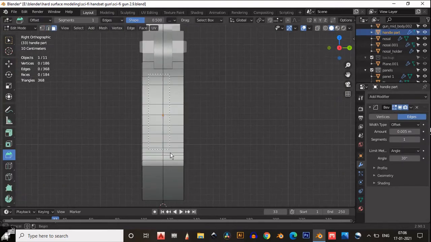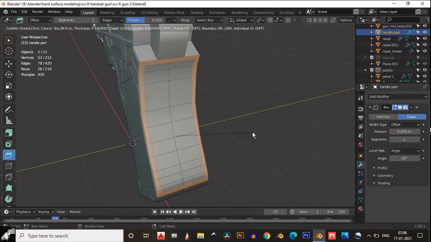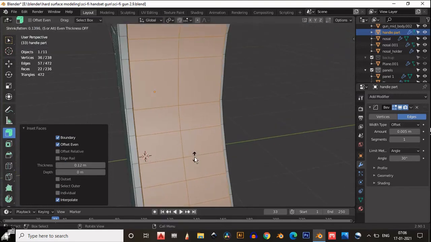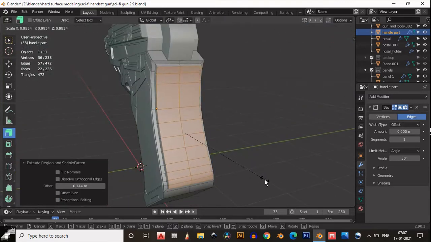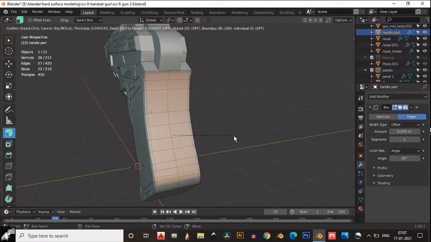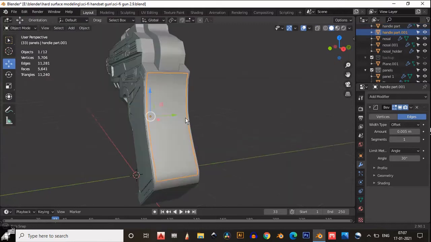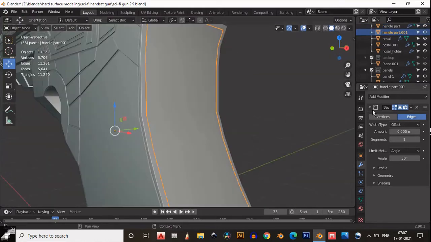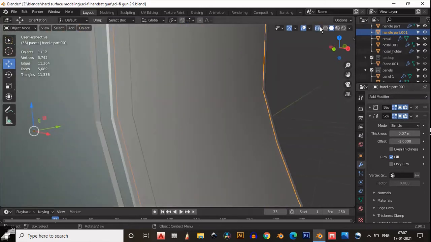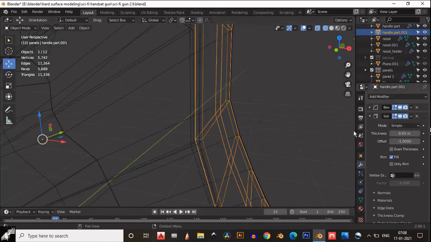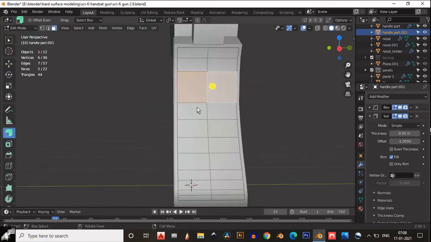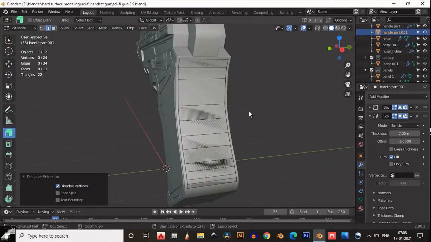Now we need to create the panels for this side, not the panel, you can say the grip to hold your object. So just select these faces and inset these faces like this and Shift D to duplicate and press P for selection to create a different object. Then add a solidify modifier and give it thickness. Before that you need to create a design, then you can create a design.